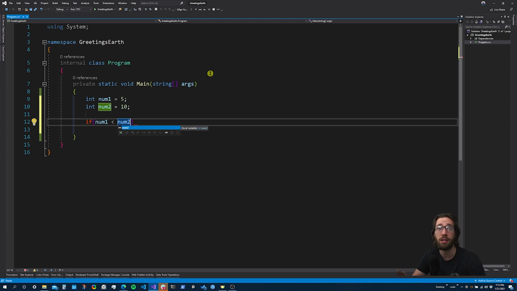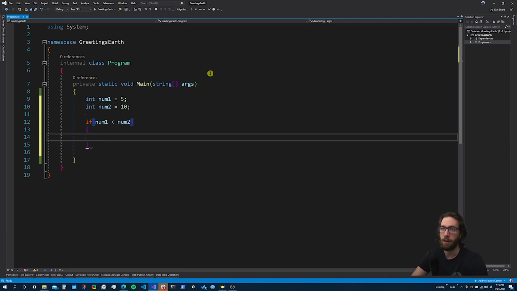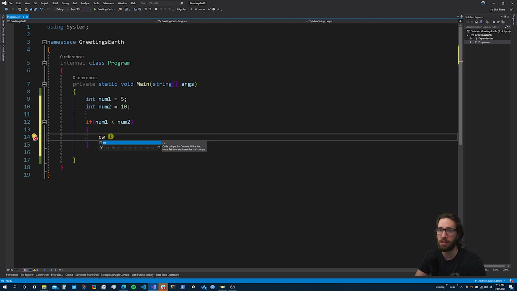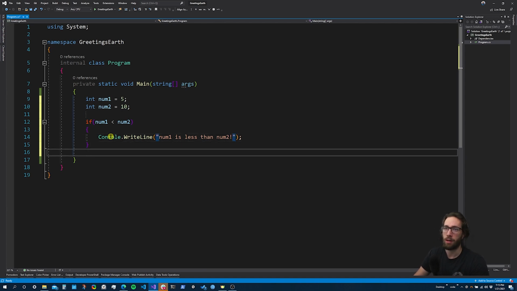Well, now we're just using it with an if statement. Code block, and anything inside of this code block right here is associated with this if statement right above it. It evaluates this, and if it's true, it executes any block of code that's inside of this code block. So console.writeLine, cw tab, num1 is less than num2,